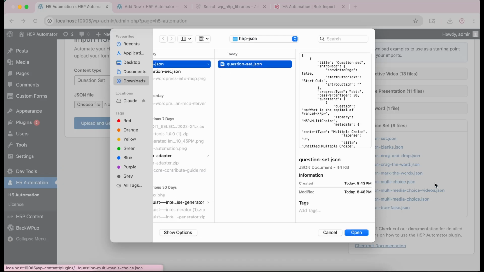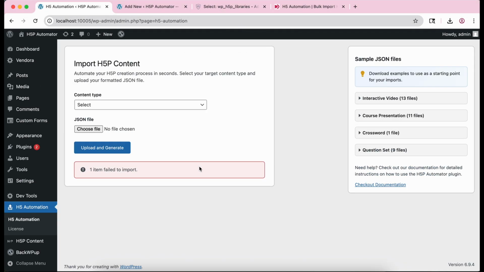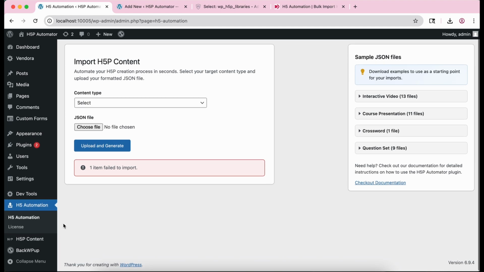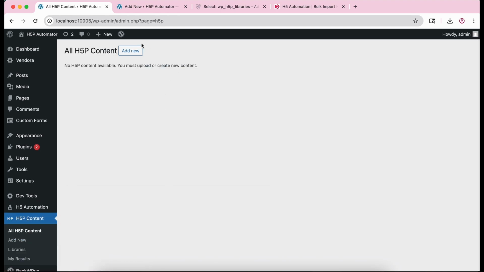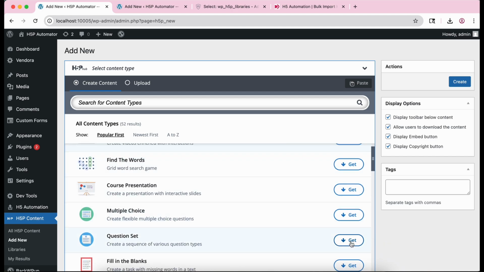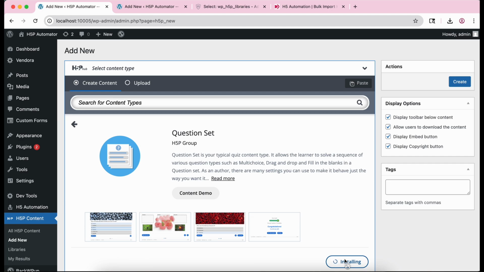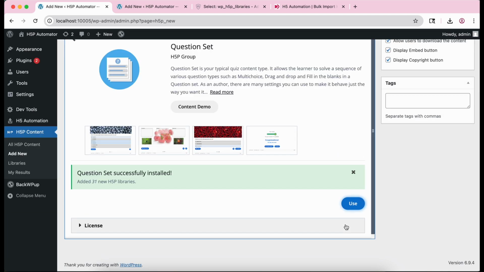Once you download the JSON and modify the questions, you need to select it and hit the upload and generate button. It is saying one item failed. Why did this fail? First, we need to install it from H5P. So let's come to H5P. You need to click on add new, and from here you need to select the game and install. Once I hit the install button, H5P is installing all the required libraries that are necessary